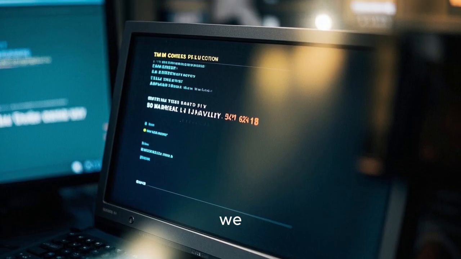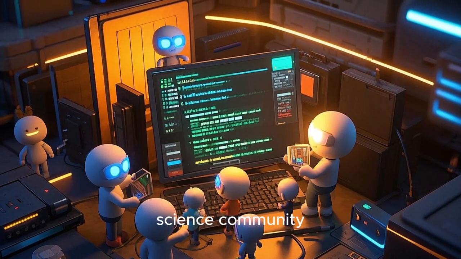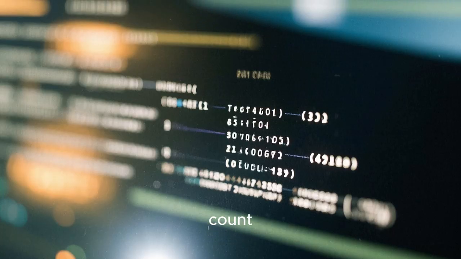Inside the function, we count the number of G